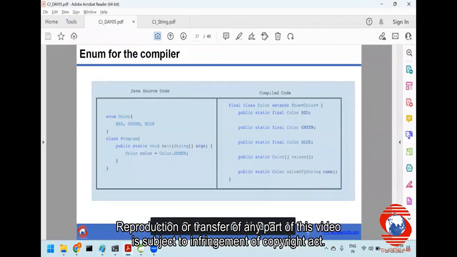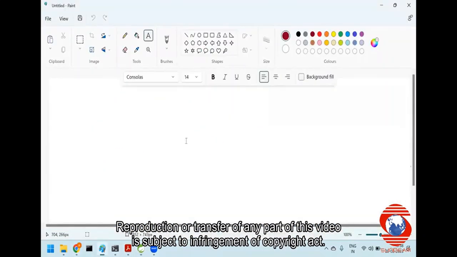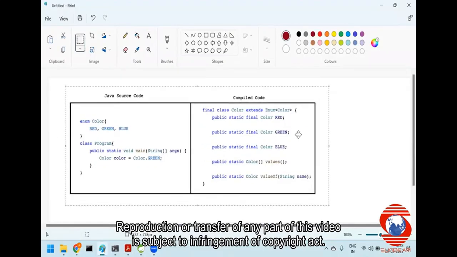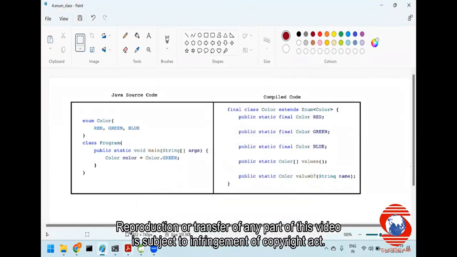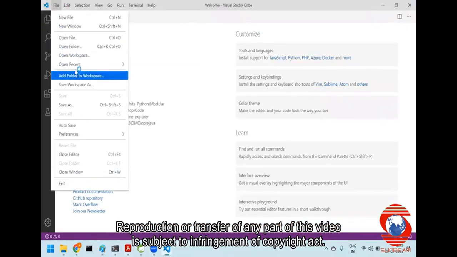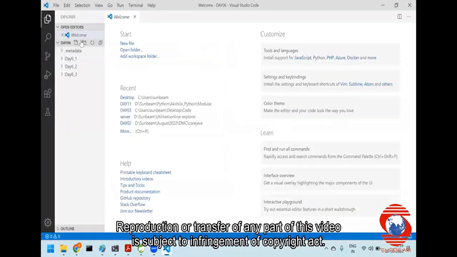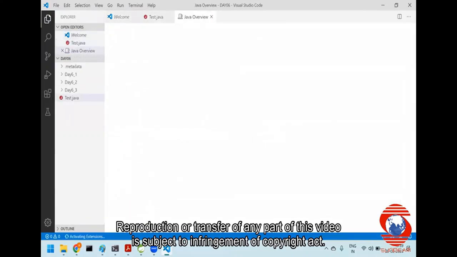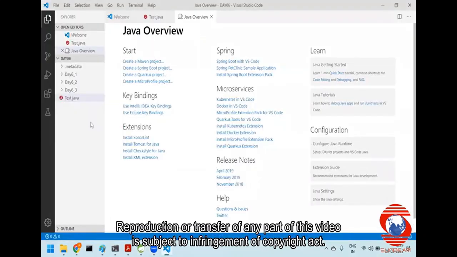I'll take this code. I want everyone to concentrate. Everyone. I'll save this and I'll say enum class. I'll go to VS Code, right? File, open folder. I'll say day6. I'll just create one test file .java. I'll copy this code of enum into this VS Code,